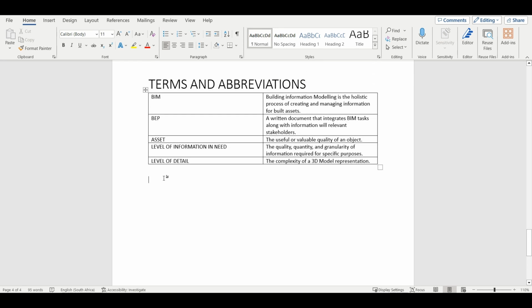So we are done with the terms and abbreviations. So the next thing is we're going to tackle the introduction. So just going to type in introduction and just apply the same paint. So when it comes to introduction,